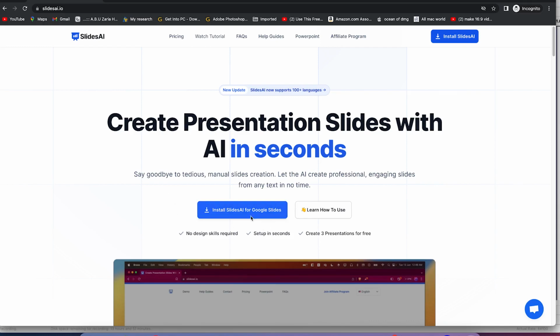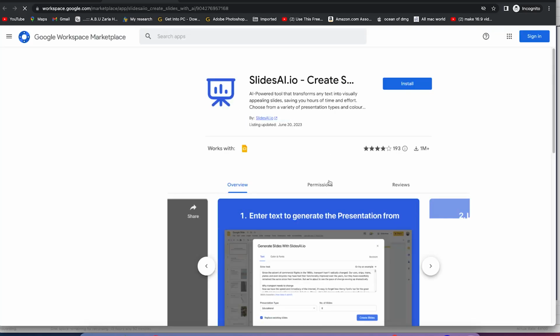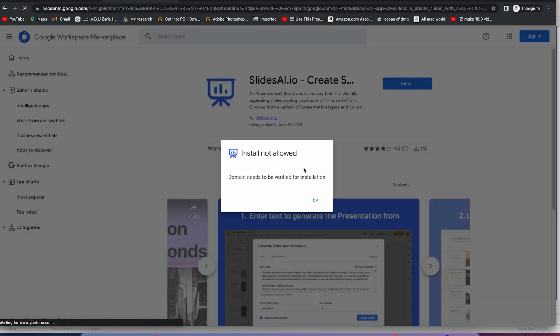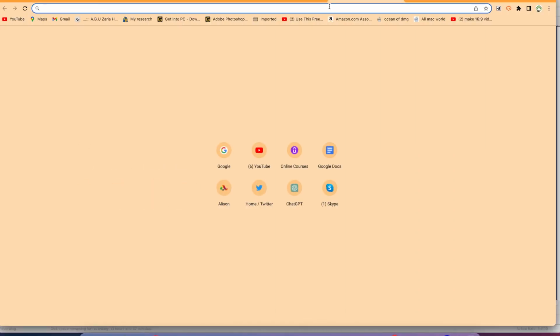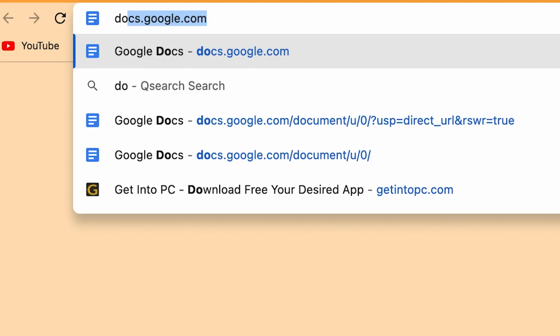Okay, so all you need is come over here or here to just install the AI for Google Slides. So you just click and it's going to prompt you to install it with one of your accounts. You can go ahead and say install, and you're going to select one of your accounts, or you can go ahead and install it directly from any of your account. It's just a step-by-step process, and I'm going to install on one of my Google accounts, and I'll meet you at the other side. So once you finished installing, you can just come to docs.google.com over here, or you can come to